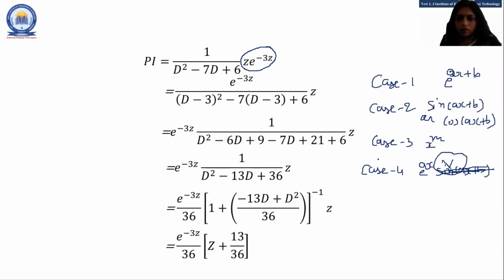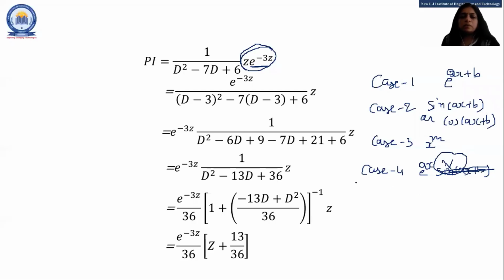So this one is case 4, students. Exponential term, and multiple of exponential term is again the polynomial in, this is the form of z. Here x is a variable, so here our variable is z, so exponential term and into the multiple of z, right? So as per case 4, this is case 4, students. So who gave the answer as case 4? They all are right, but who gave the different answer?